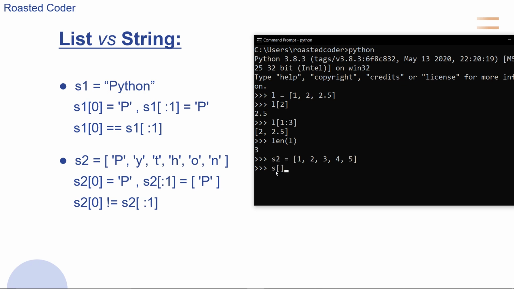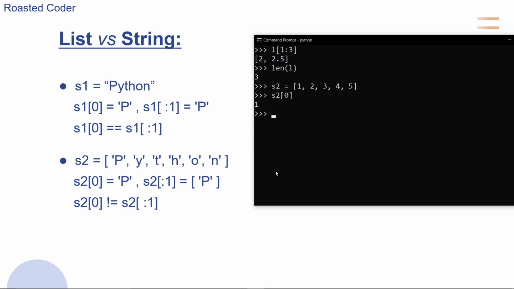Now if we take element 0, it's 1, and if we take 0 to 1, it's a list of length 1. So now if you compare S2 of 0 equals to S2 of 0 to 1, you can see it's showing false.